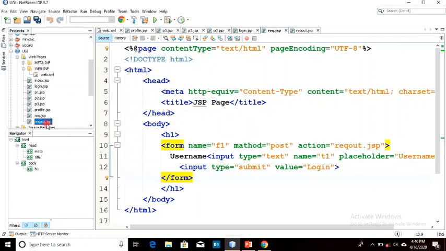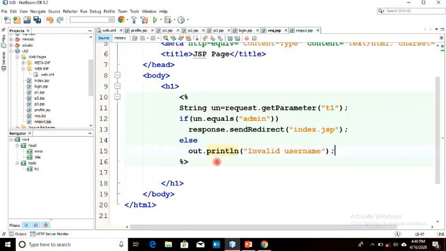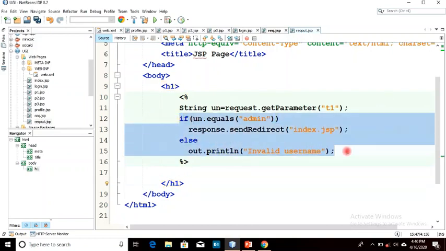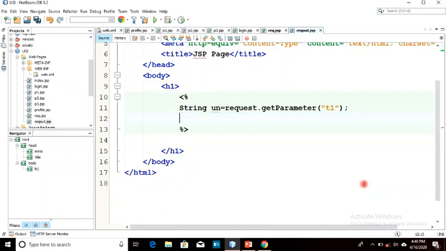Now come to the request out.jsp page. In request out.jsp page, we have done the redirection. Now I'm going to change this code. Now we have a username extracted from the form, and now I'm going to set it in the session.